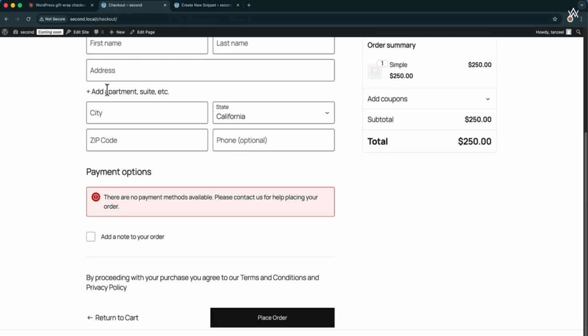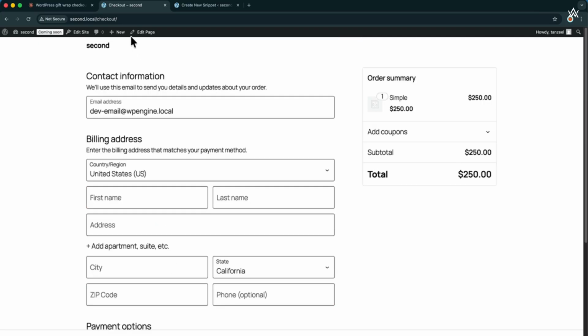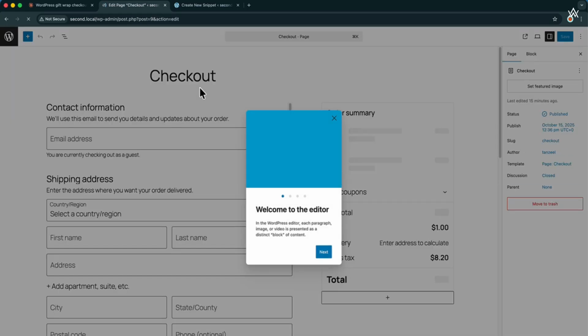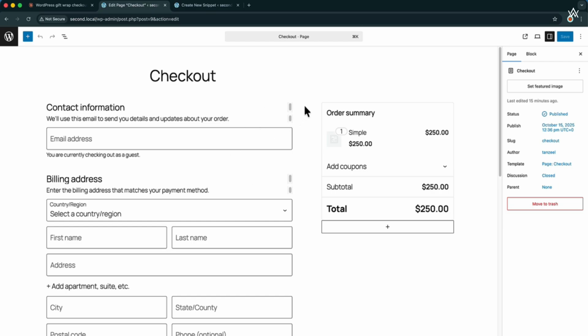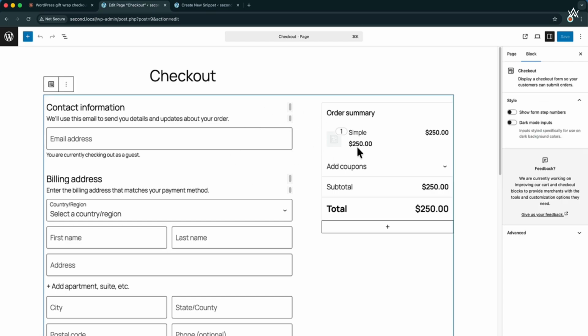Let's just head over to our checkout page, and let's refresh this, and see if we have got any gift wrapping options. All right, so this is the checkout page, the new block-based checkout page, which WordPress is now adding. And this block-based checkout page is not really the most popular nowadays,